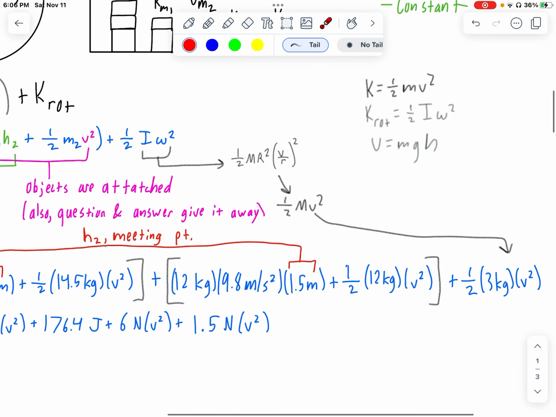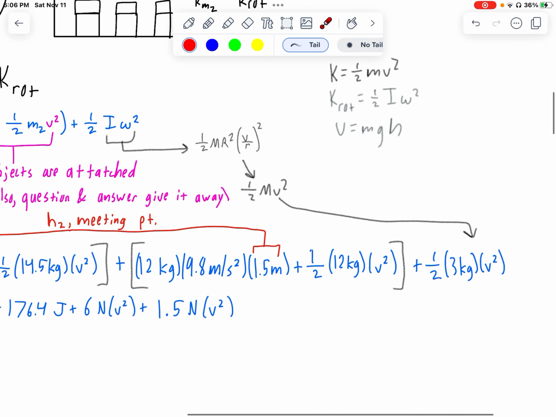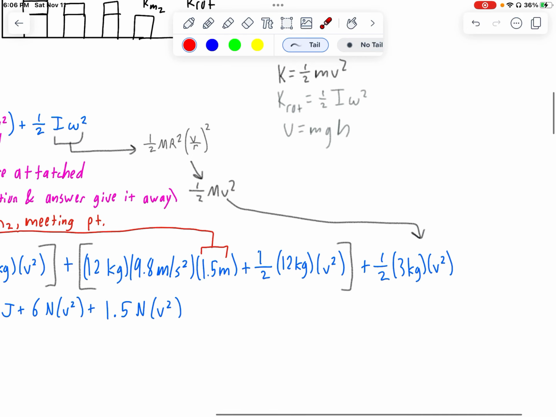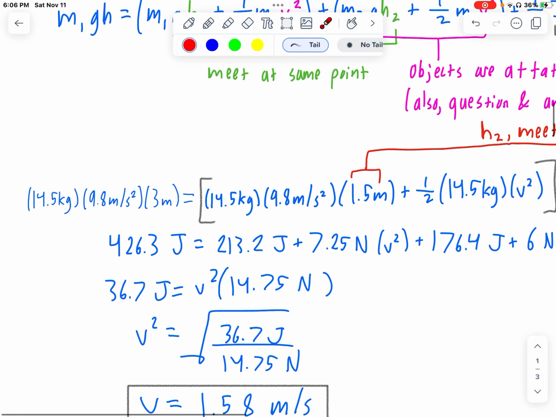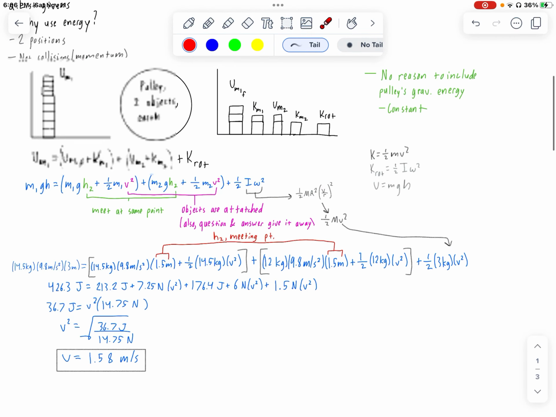Just a side note, I did some manipulating with the rotational energy first, so I subbed in a V over R for omega, and then I simplified. I eliminated the radiuses. So then we have 1/2 mv squared, and then I plugged in for m down here. I plugged in G for everything that needed G, which is all our gravitational energy. Plugged in the mass of each respective object in the system. Plugged in the heights where I needed to, and then the only variable that we need to solve for is